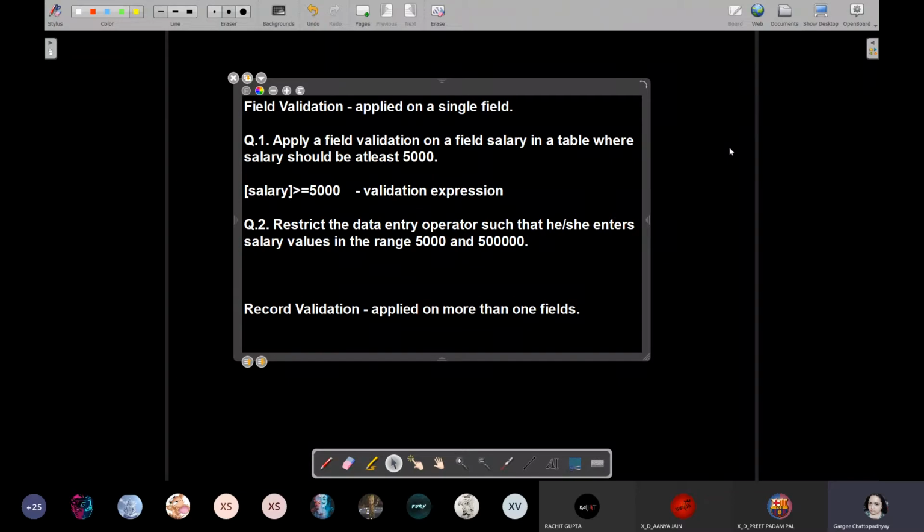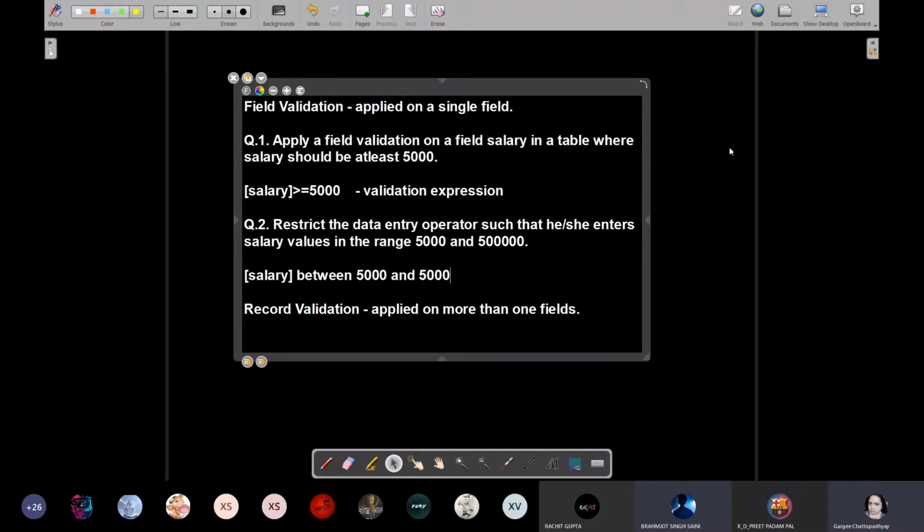Can anybody tell me what expression you should build for the second question? We had studied relational logical operators in the previous class when we were studying about validation. Can you tell me what expression you can build over here? Ma'am, salary in brackets and then between 5,000 and 5 lakh.